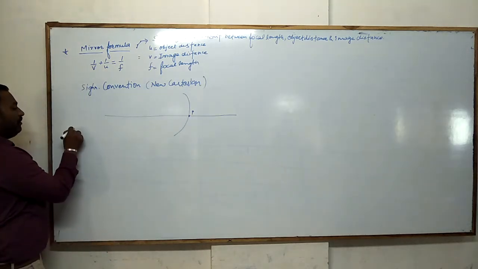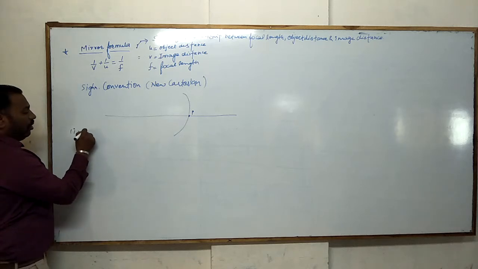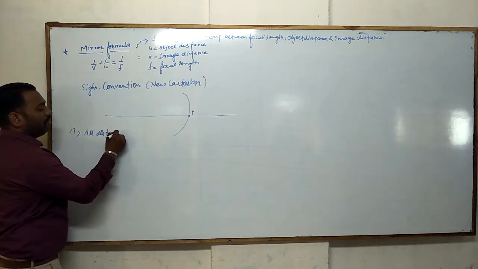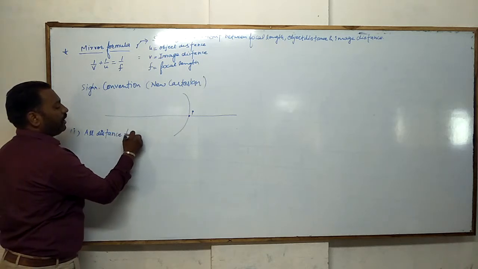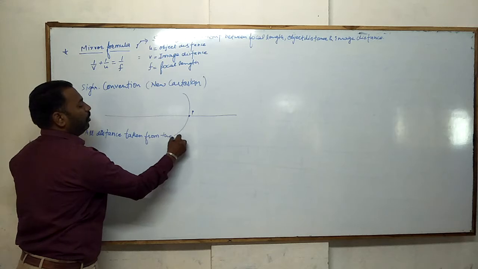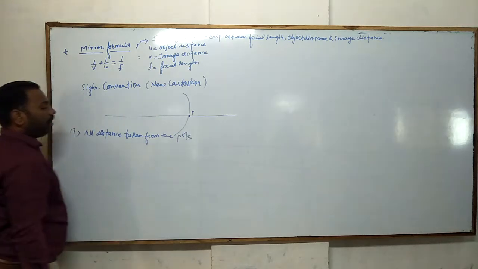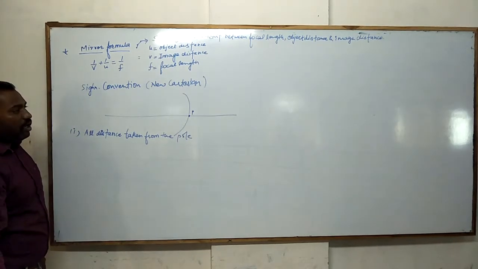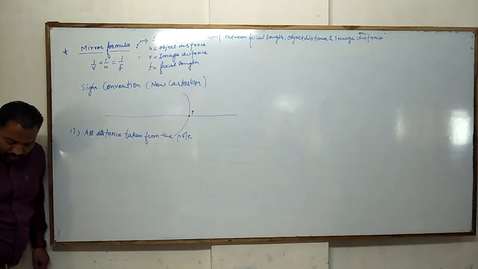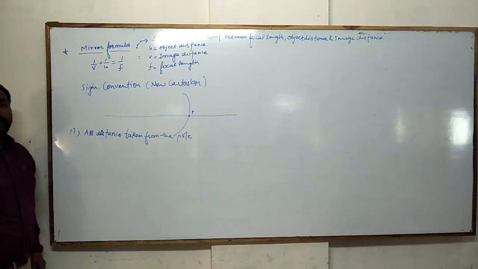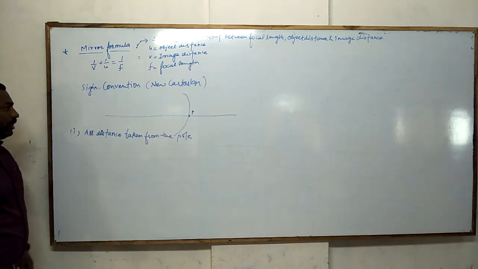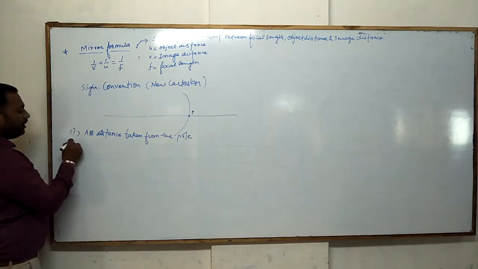So you have to write the first point here: all distances are taken from the pole. It means if there is an image, then we have to measure the image distance or object distance from the pole. Then the next point is